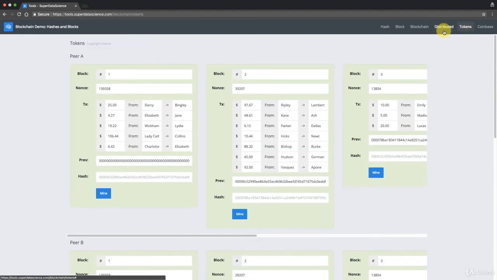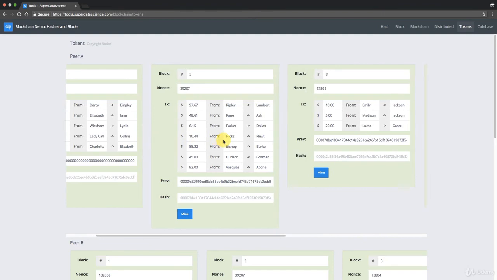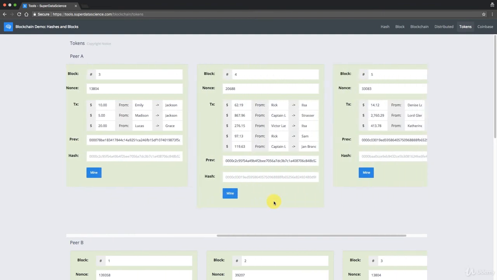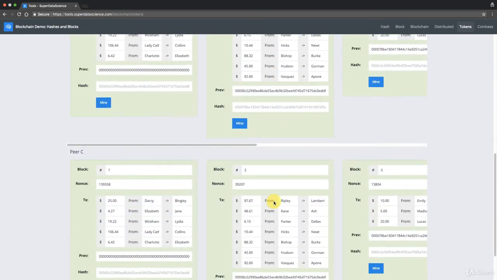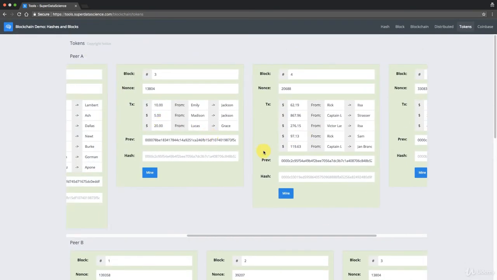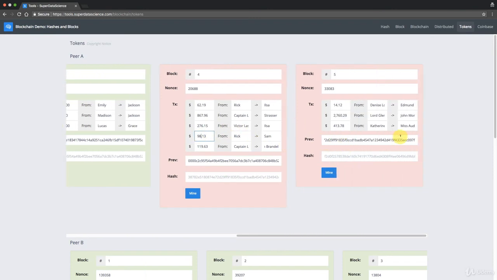And finally, moving on to tokens, this is the same thing, but here we have transactions. It just illustrates the concept even further, that you have the blockchain distributed across 3 peers. If you try to change even, let's say, $1, from $97.13 to $98, you can see right away these become invalid. You have to mine the block again,